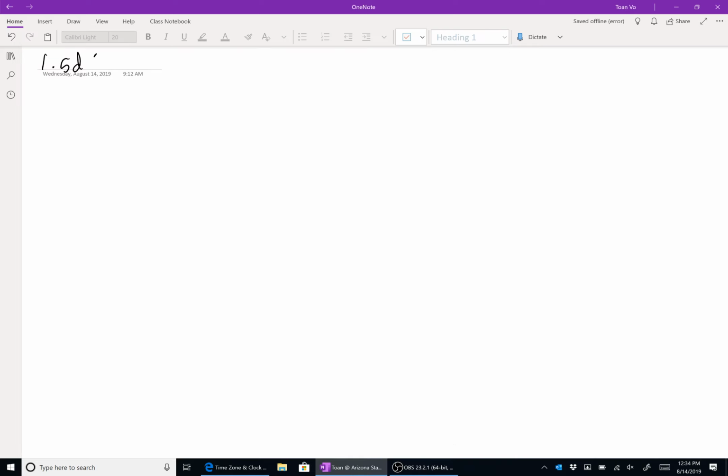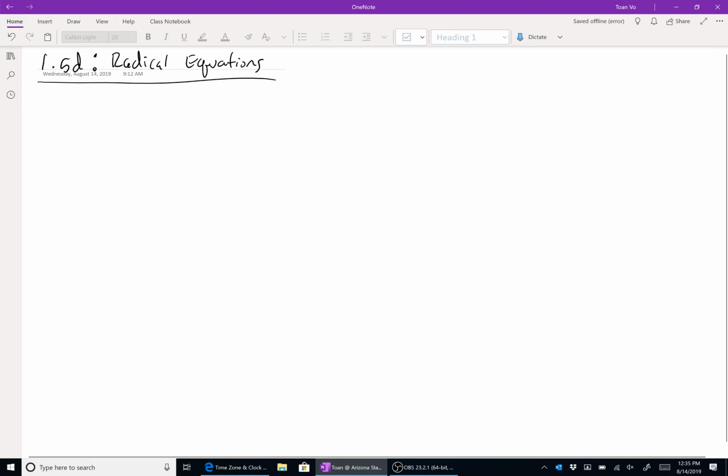1.5D will be all about radical equations. That is to say, equations with radicals in them, not necessarily liberal equations. Now, unlike the two equation types that we've talked about in the past, rational equations and quadratic equations, where they